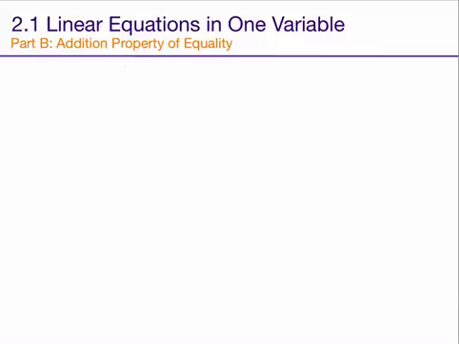Section 2.1 Part B is called the addition property of equality. Watch what happens when I take something that's clearly true and add the same quantity to both sides. 3 plus 2 is 5. Obviously, if I start with something that's true and add the same amount to both sides, the resulting sentence should